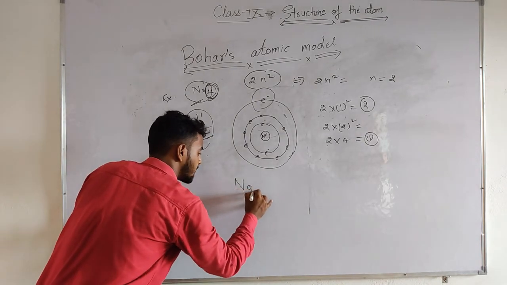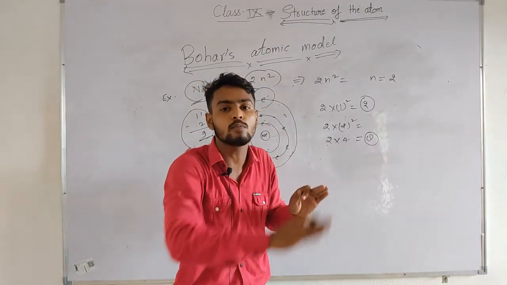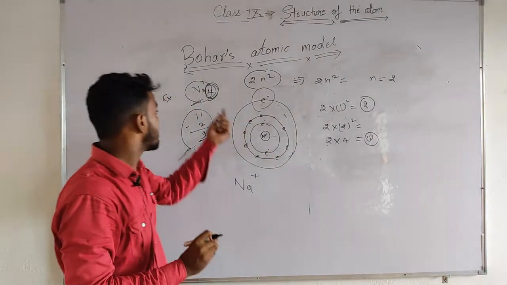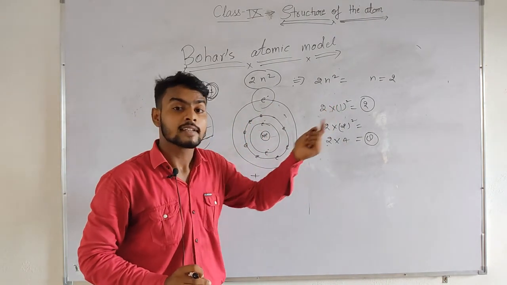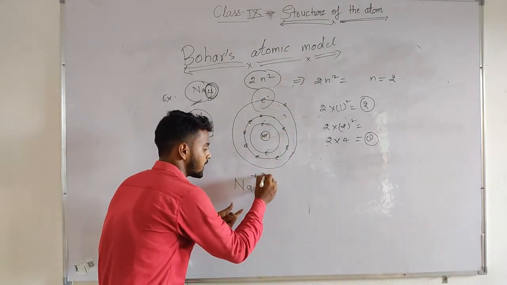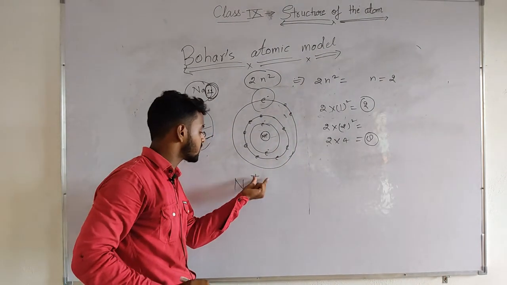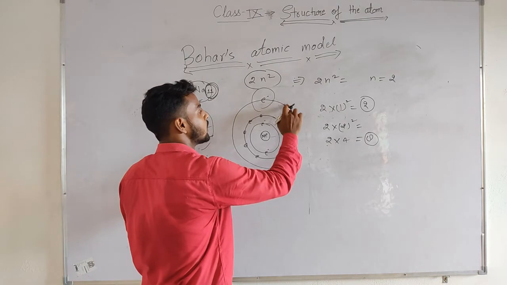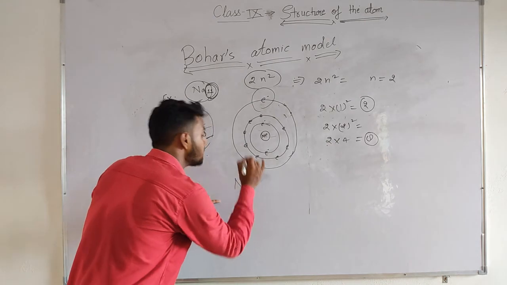That means this electron shows that Na is positive. For any atom, we have to count the electrons in the outermost shell. If an element has 1, 2 or 3 electrons in its outermost shell, it creates a positive charge. If there are 2 electrons, it gains 2 positive charges. If there are 3 electrons in the outermost shell, there are 3 positive charges. But in the case of sodium, only 1 electron is present in the outermost shell, so sodium shows 1 positive charge.